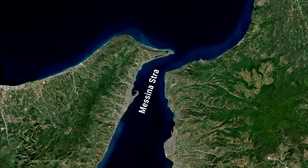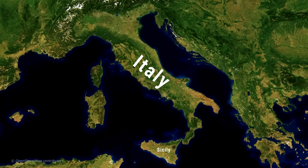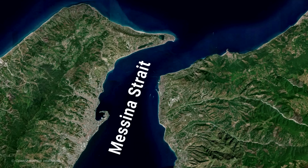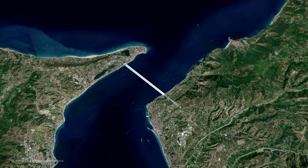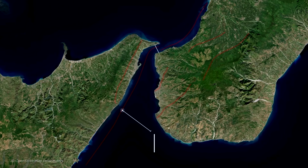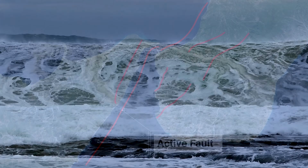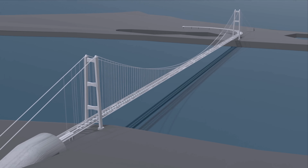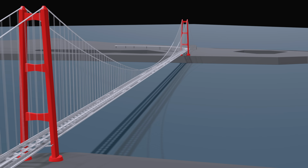The Messina Strait is part of the Mediterranean Sea, separating the island of Sicily from mainland Italy. The bridge is planned at the narrowest part of the strait, connecting Sicily with Calabria, and is approximately 3 kilometers in length. The location presents many difficulties, not only due to the large distance, but also because the strait is an active tectonic area that is directly affected by the interaction between the African and the European continental plates. In addition, the strait is subject to strong currents and deep seabed, which makes it difficult to construct anything on water. Therefore, the two towers of the bridge were constructed on the land to give the bridge a strong footing,